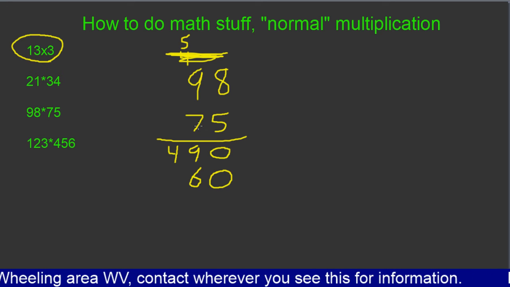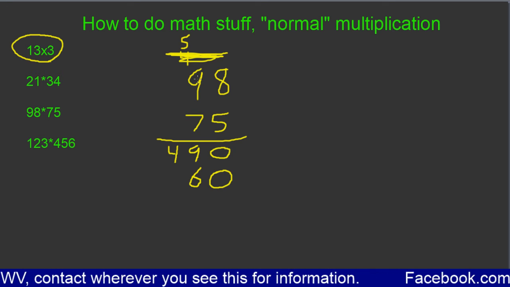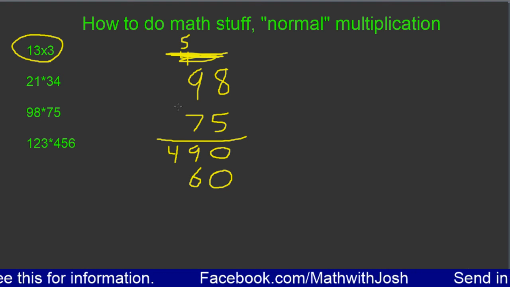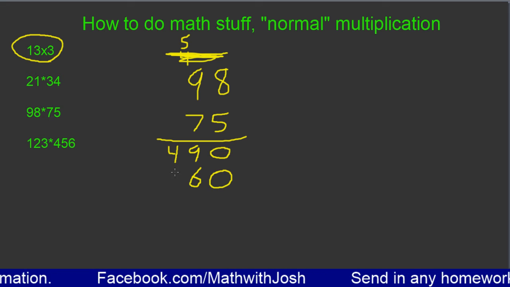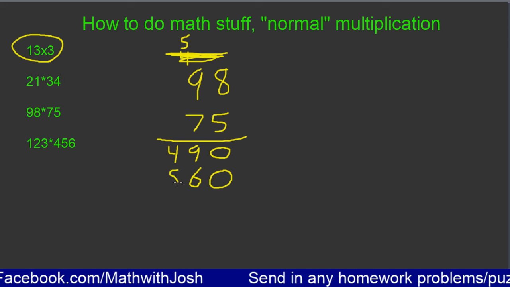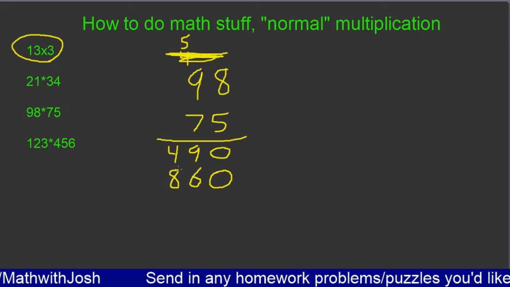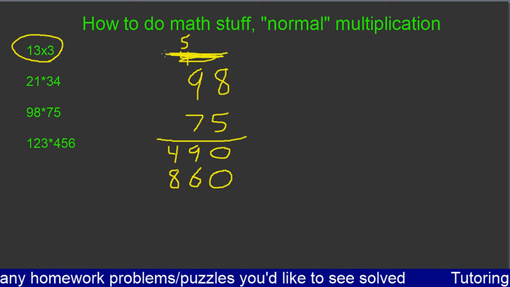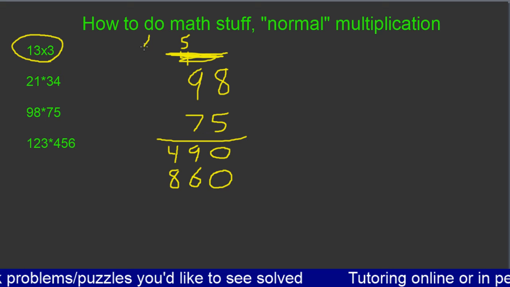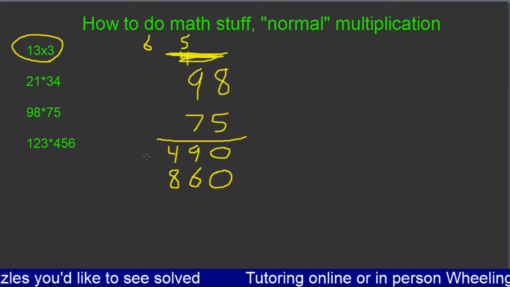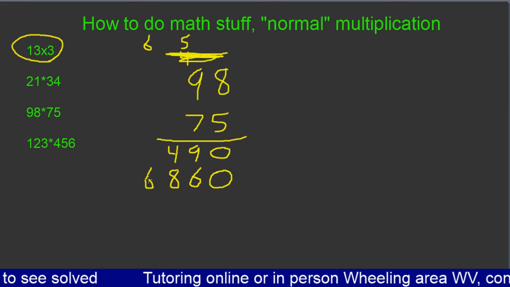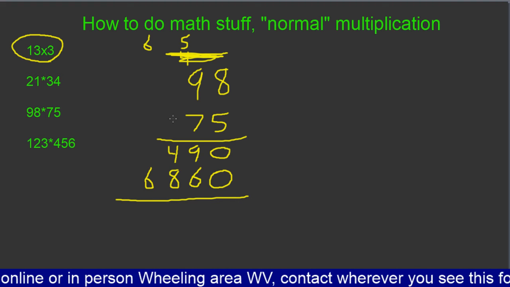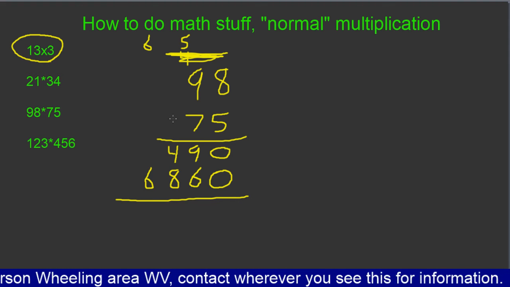Now we do 7 times 9 is 63. 63 plus 5 is 68. So the 8 goes down here. Now if there were a third digit, the 6 would carry again. Because we are done multiplying, the 6 that would go up here just comes straight down. And now we add our numbers together, and we will get